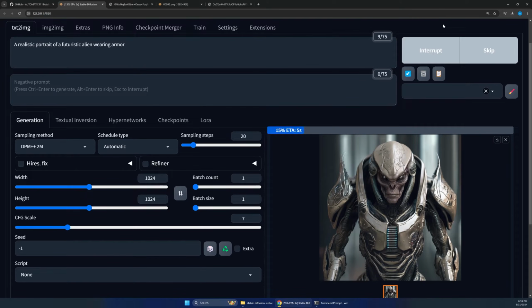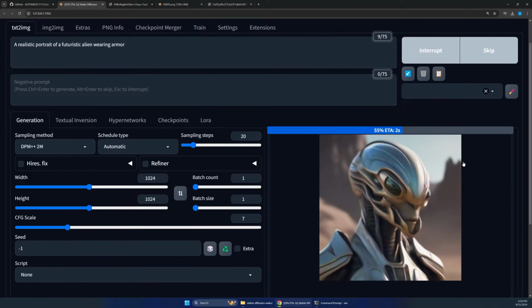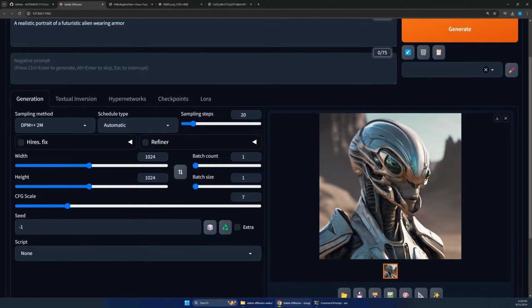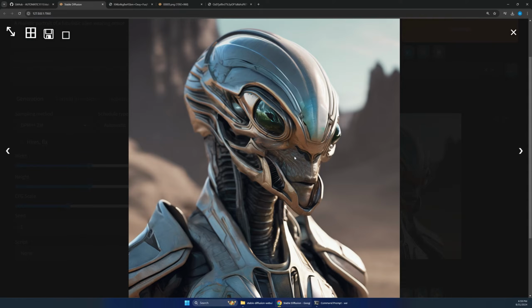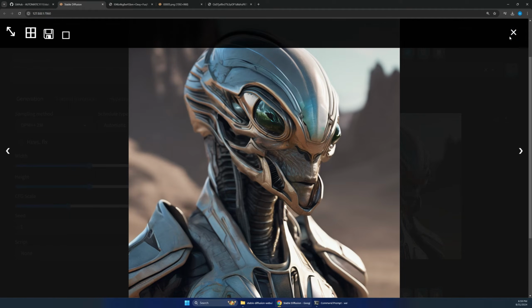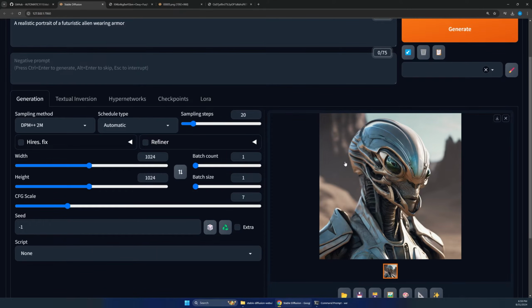And what's nice about running this locally is that you can just keep clicking generate to get some really interesting results. So I think this one's probably the coolest one so far. And you can click on that to see full size. And it's actually a pretty detailed image. There's even some simulated reflections in the eyes that don't really make sense for the background. But still, this is a really high quality image, and it's pretty cool that we're able to just generate that